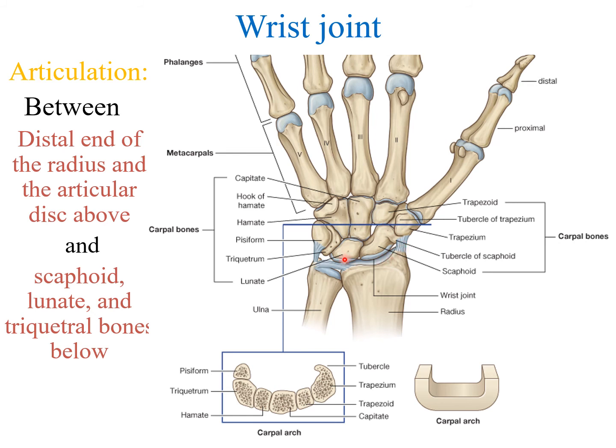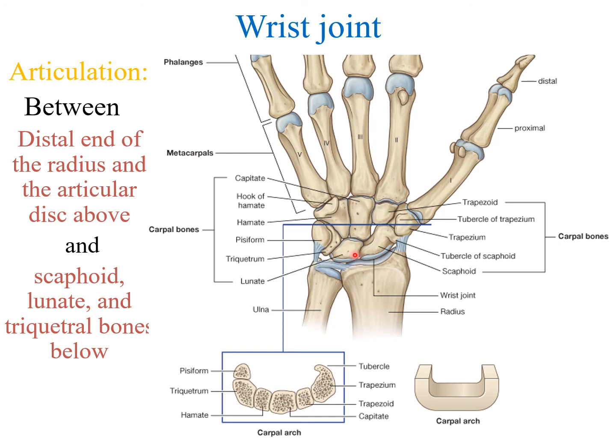So these bones, which are known as carpal bones, form an arch-like structure just opposite the bones of the wrist, which are the lower end of the radius and the articular disc related to the ulna. This joint is formed between the distal end of the radius and articular disc on one side, and on the other side between the scaphoid, lunate, and triquetrum. But pisiform is not taking part in the formation of this joint, because it is a sesamoid bone, and it is present in the tendon of flexor carpi ulnaris.